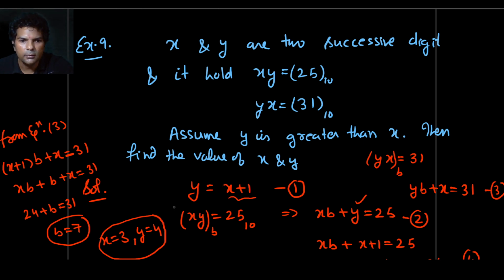Clear? So the x value is 3 and the y value is 4. So that is the answer. Clear? Now the next question is,